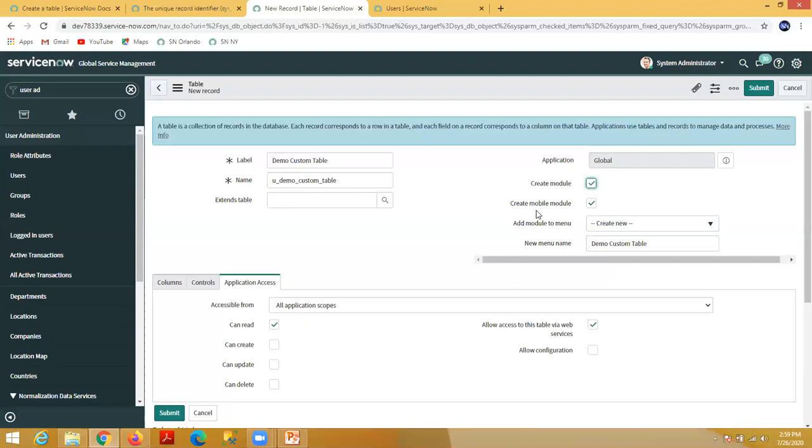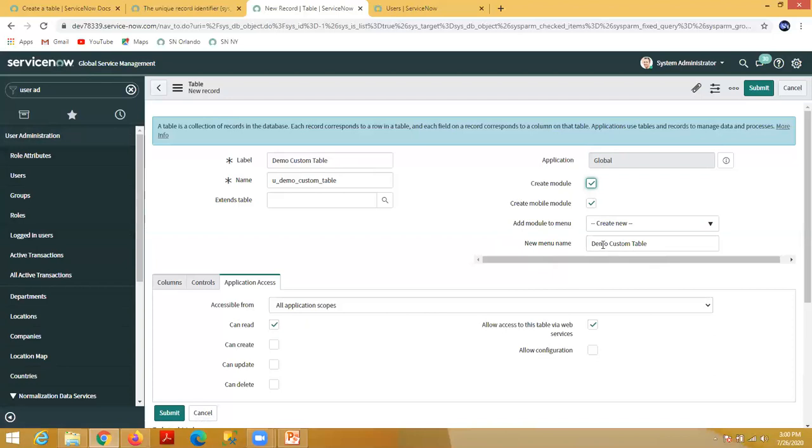If you want to access this table inside mobile as well, you can create the mobile module too. Then, Add module to menu. You can either create a separate application menu, just as User Administration is one application menu and these are the modules associated with it, or you can associate the newly created module for this custom table with any existing application menu.